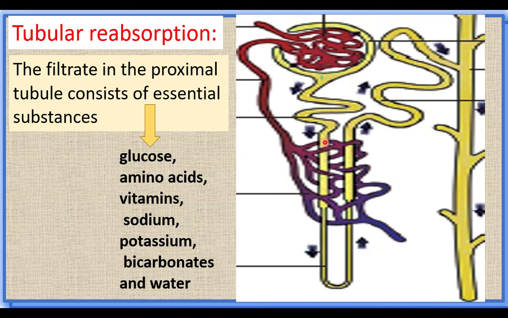Already we have learned that the tubular part is covered by blood capillaries. The useful substances like glucose, amino acids, vitamins, which our body needs, come to the filtrate and are found inside the tubule. From the tubule, again they are taken back into the blood. The useful materials flow through the tubules and they are taken back into the blood. This is called tubular reabsorption.